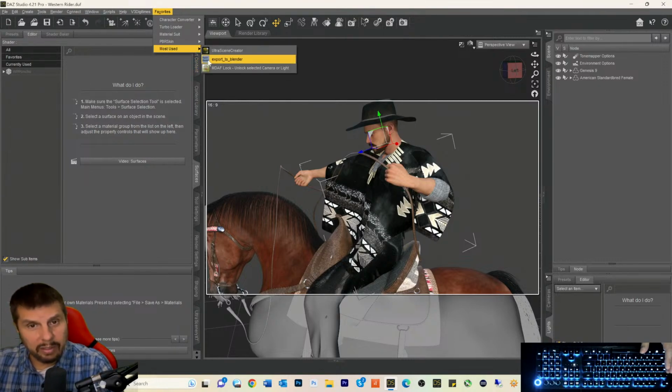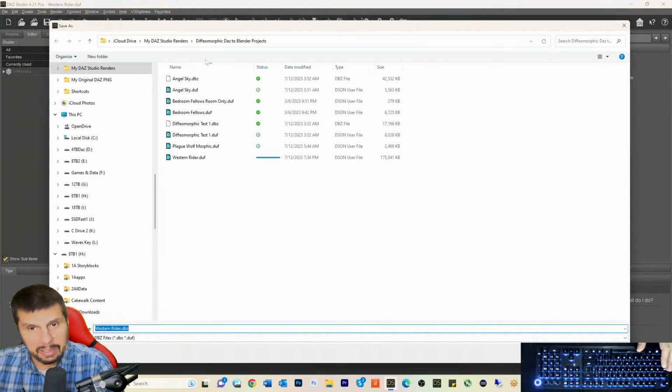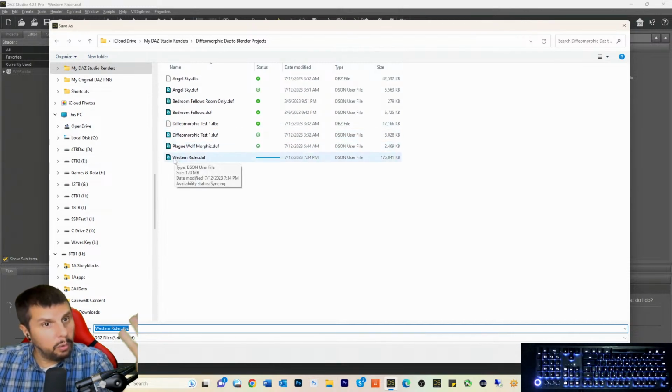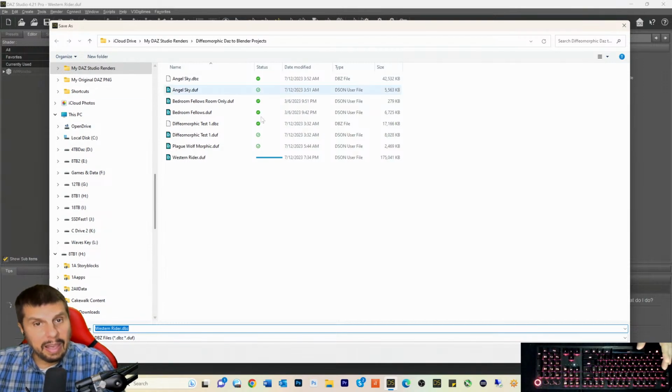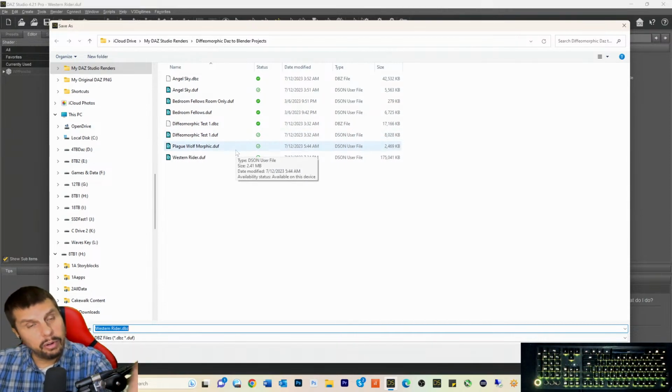So what I just did was I put the script up in my favorites so I could get at it easy. Now it knows that the name of the project is westernrider.duf, so it's created another folder called westernrider.dbz. They have to be in this special folder that you tell Blender is the folder that I use for my projects. You have to tell Blender all these folders, and it will generate this list of all your runtimes, all of those folders, and just pass that list on to Blender,